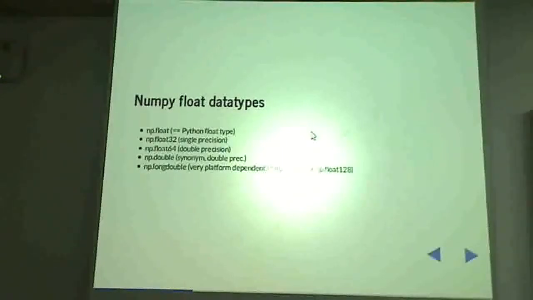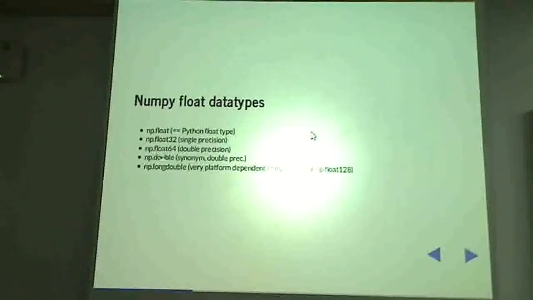So what are the float data types that are available to you? np.float is the standard Python float type. By definition in Python, this is what you would call a double precision number in Fortran. It is 64 bits, 8 bytes in size. But if you want to use single precision numbers, you have to specify np.float32 as the data type for your array. This float 64 is of course equivalent to np.float.